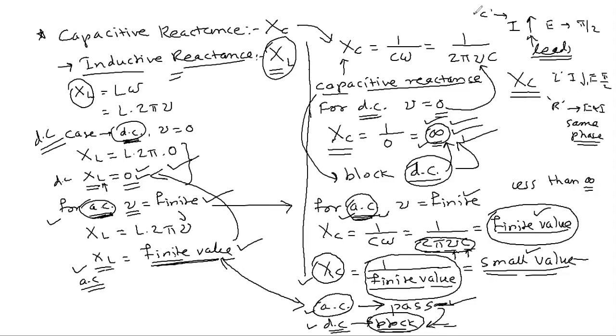So all these, capacitor, inductor and resistor, combining these three, we will study the series combination of LCR, that is resistor, capacitor and inductor. Across this we will apply the alternating EMF or voltage, and we have to find the relation for what will be the reactance of that particular circuit. So today I am going to conclude this topic here, and in the next lecture we will meet by taking the new topic, that is the LCR series circuit.